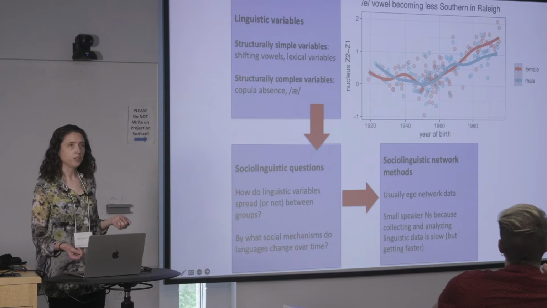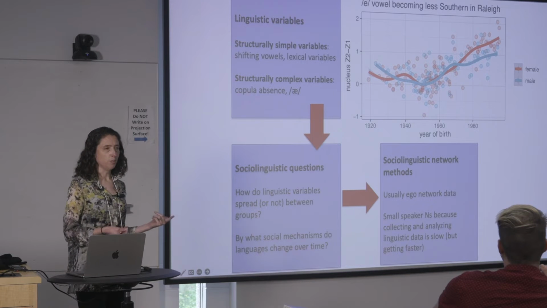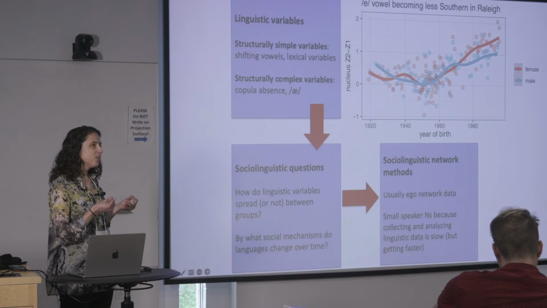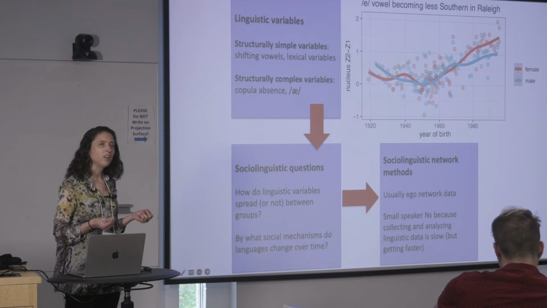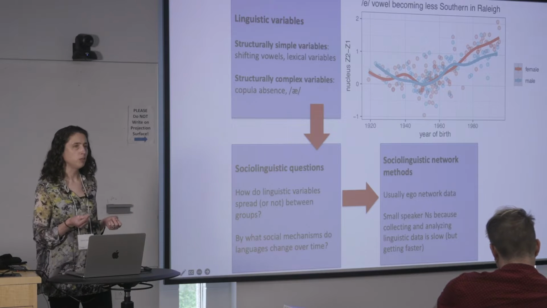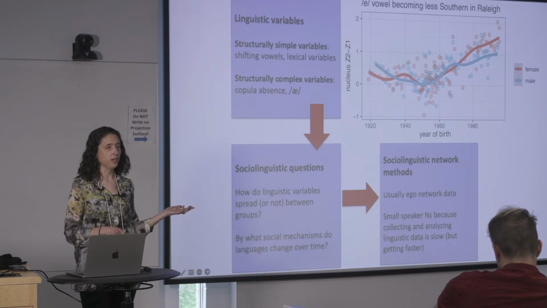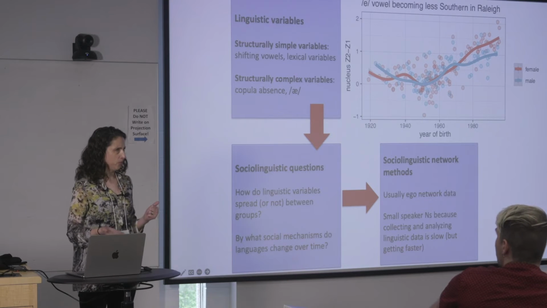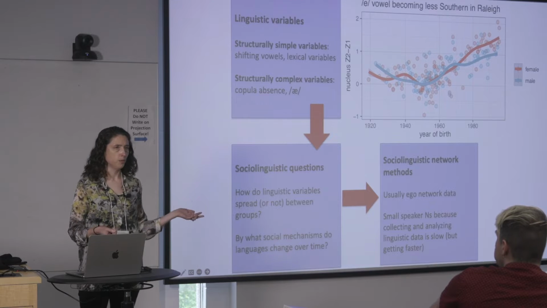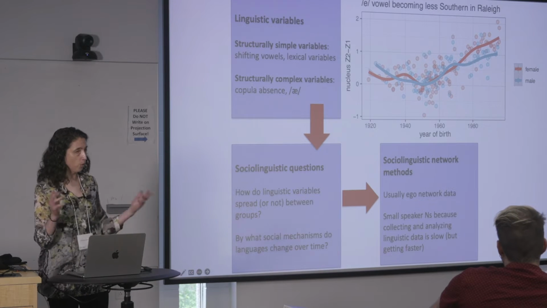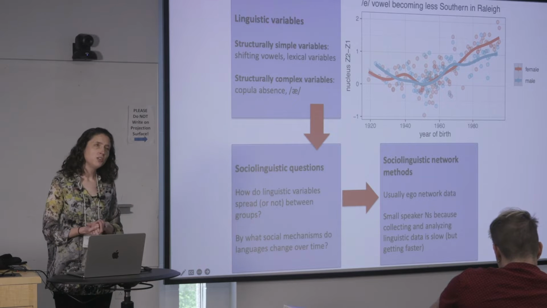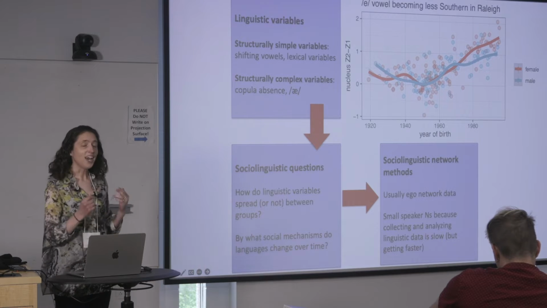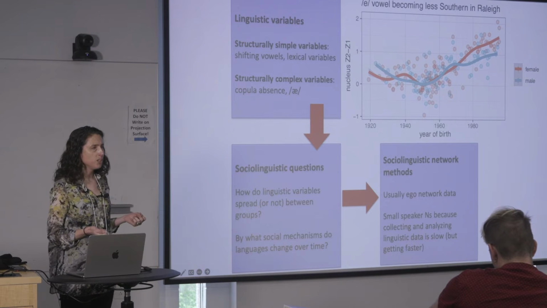Now, some linguistic variables are relatively structurally simple, and this sound A is a pretty good example of that. Other simple linguistic variables include some lexical variables. That just means the level of the word. So for example, you might say pop, you might say soda. There's nothing very complex about the decision there, right? I mean, if you say pop, you're probably from the Midwest. If you say soda, you're probably from somewhere else. Yeah, I guess you could say pop if you're from the far Pacific Northwest still right now, although I think that's changing.